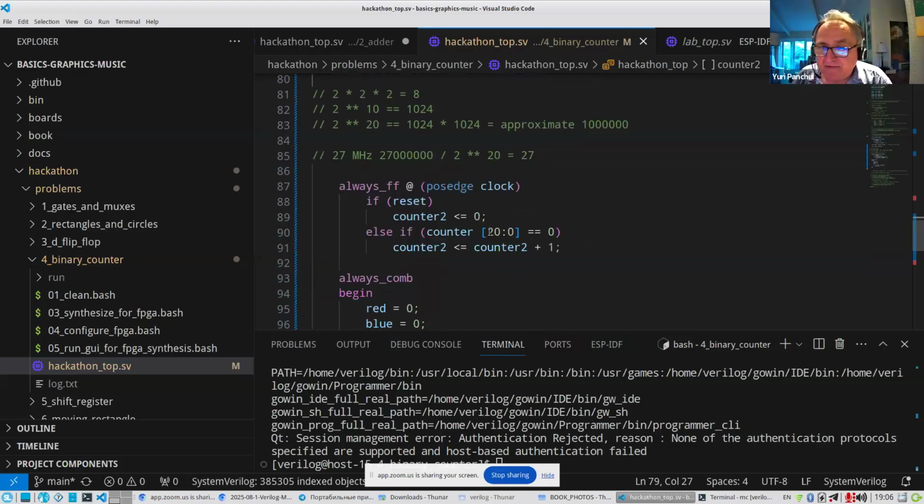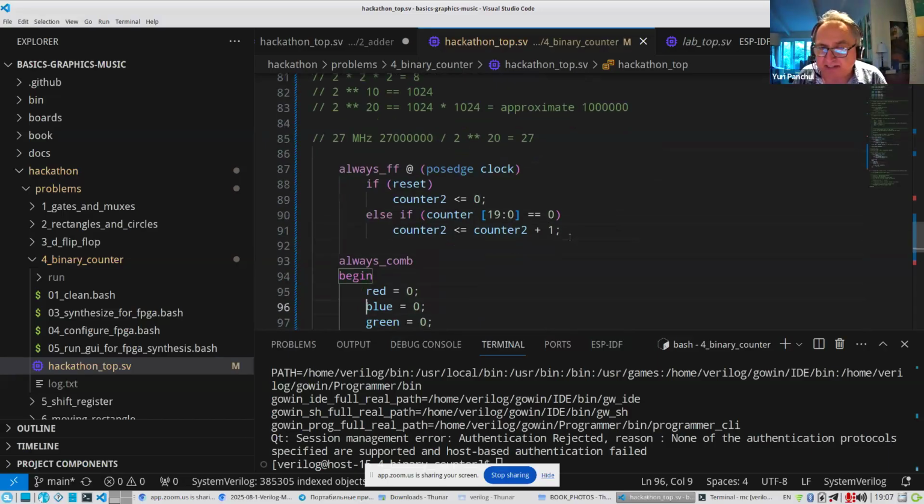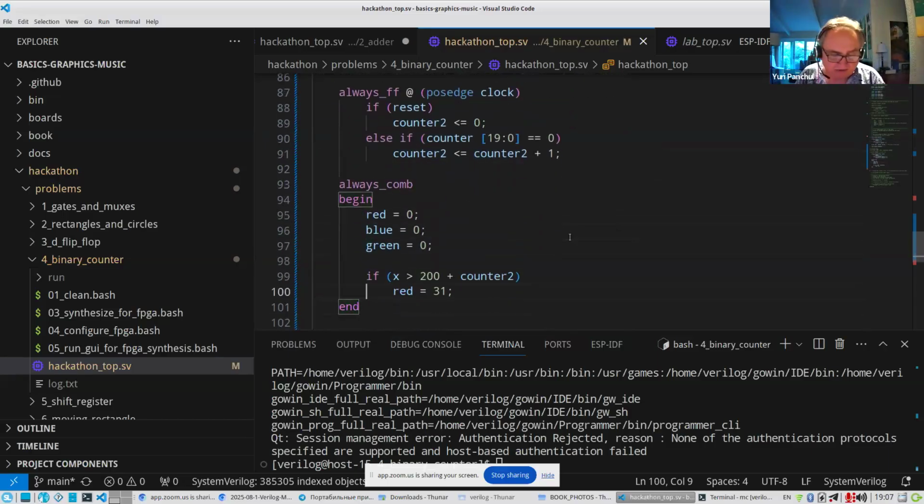And then we check its 21 bits. So we should actually put here 19 to 0. And 27 times a second, we increment counter 2 by 1. And then we add this counter to our equation. So once we do this, let's see what we are getting on the screen.